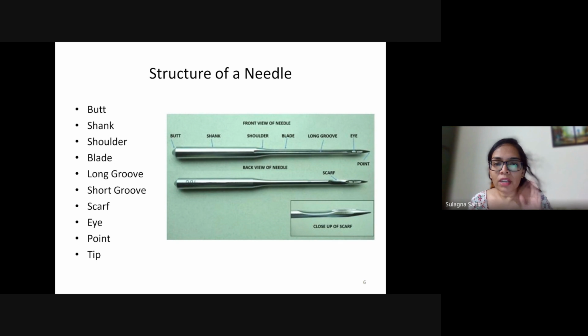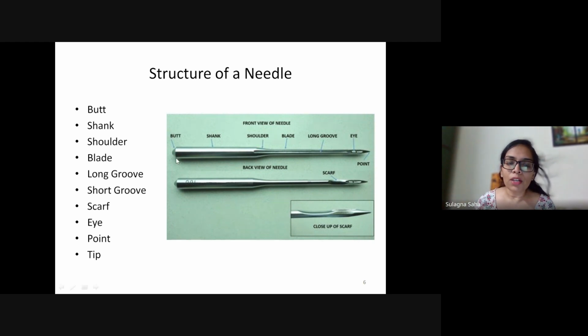For your reference, I've kept an image here of the front and the back of a needle. Please follow my pointer. We start with the left side of the needle. The first part we call the butt of the needle. What is the butt of the needle? It's a small pyramid-like structure at the very end. Generally we use it in an upright position, so it is exactly at the top of the needle.